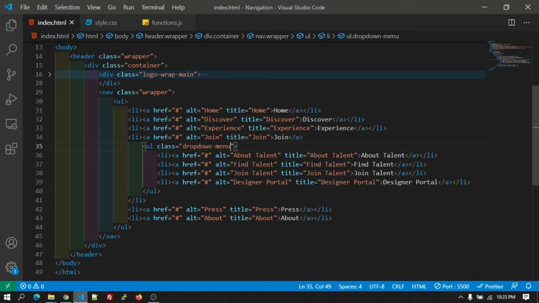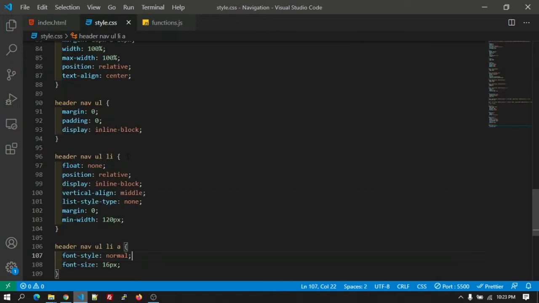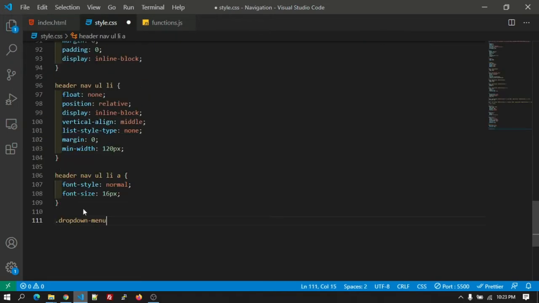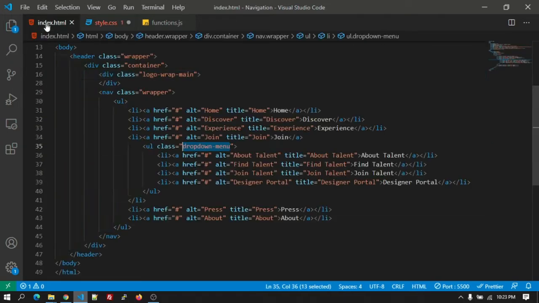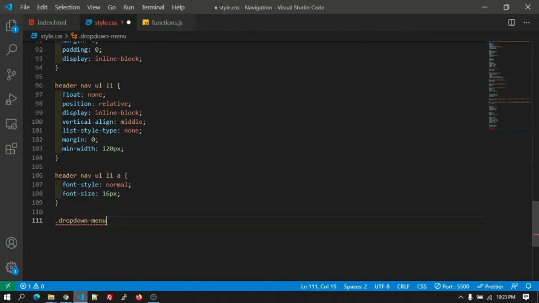Okay, as we have added the class as drop down menu, let's copy that class and it will be inside the join li. Okay, so let's copy the li.